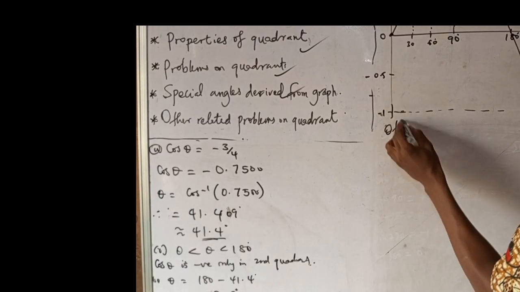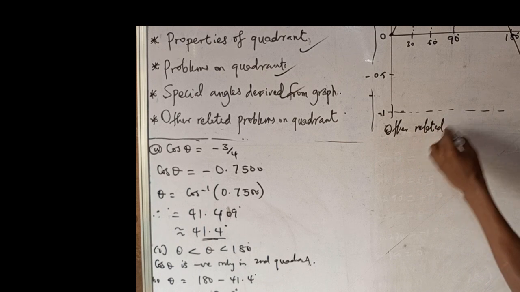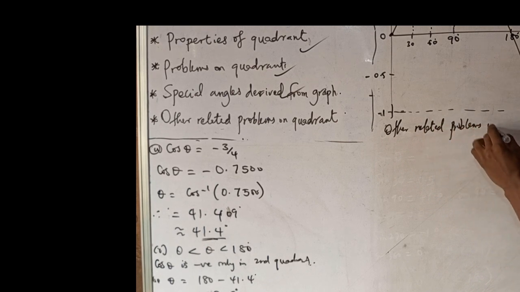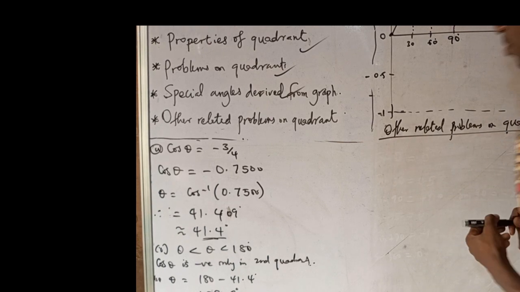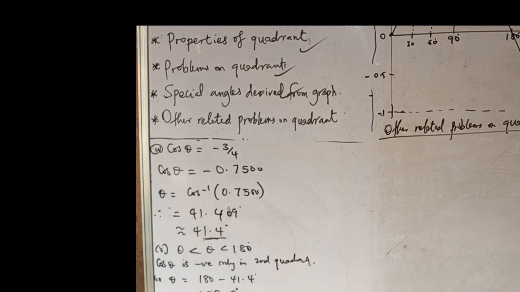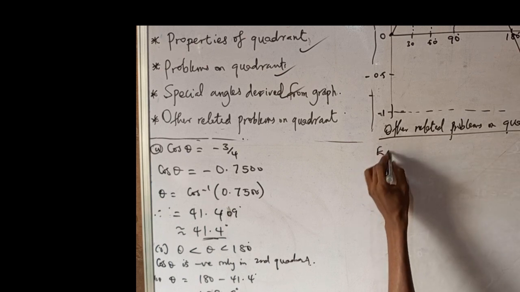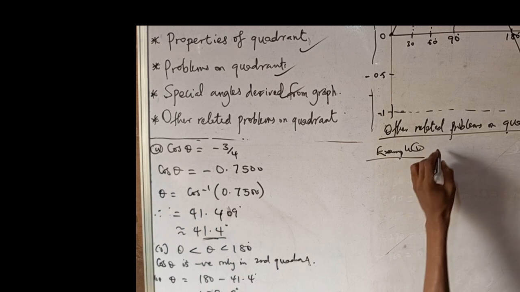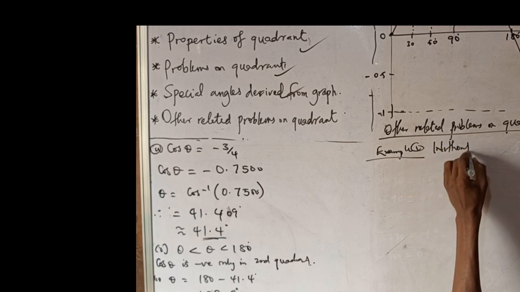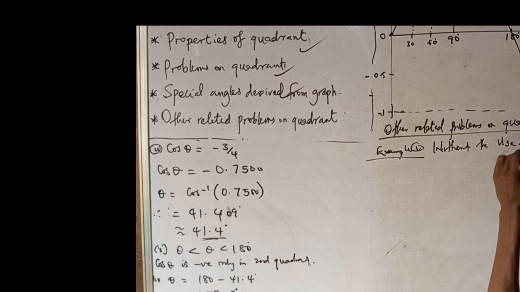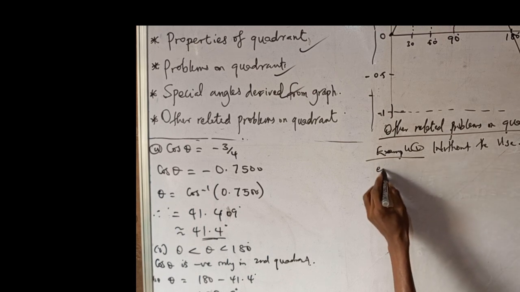Other related problems on quadrants is that when you are given a particular value and you are asked to find or to solve a problem without using tables or calculator, that is where we have that come into play. Now, for example, without the use of table or calculator, evaluate